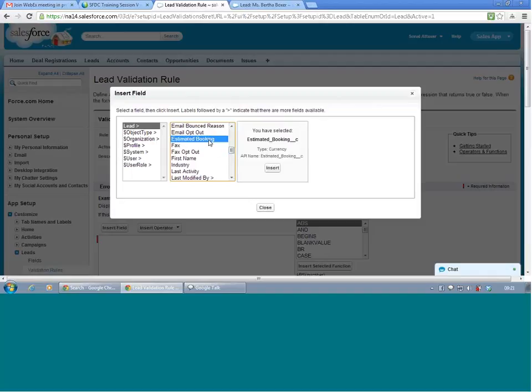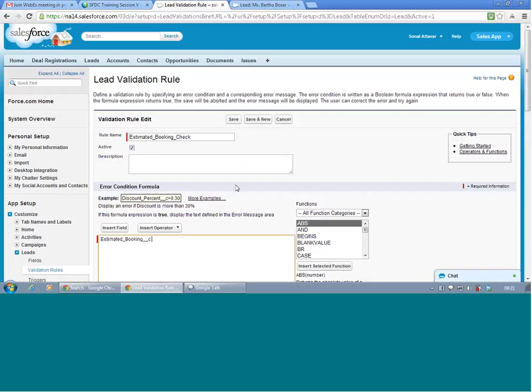The expression always evaluates to true; that is the condition. If it evaluates to true, it is going to display the message. So estimated booking is less than $10,000. Put that number, scroll down and check the syntax.